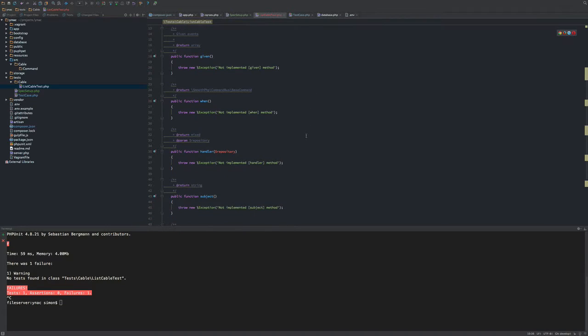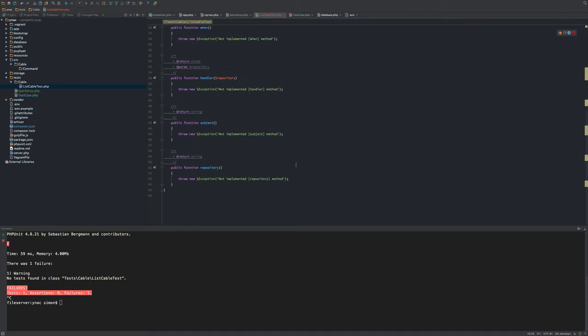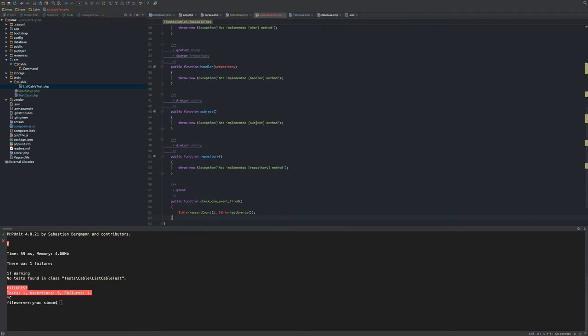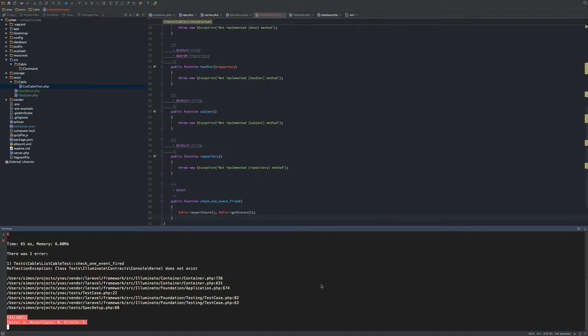Right. So we have our test here called list cable test. Very unique. And we've got a warning saying there's no tests. So I'm going to write a test which I have saved, which is quite simple. Basically it says check one event fired. So it's going to count from the events stream that the spec test provides, and only one event is generated. So if I run this now, it's going to throw a kernel problem,